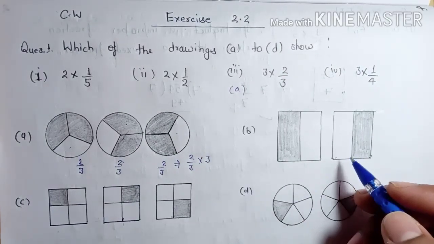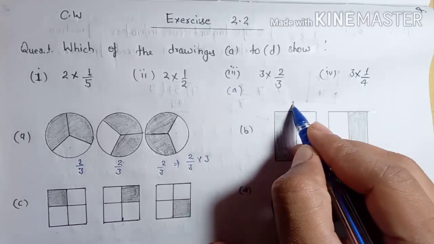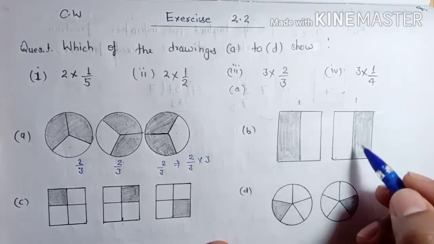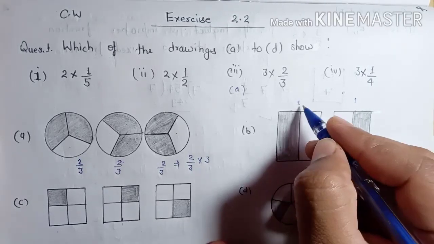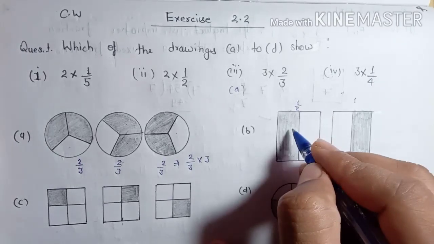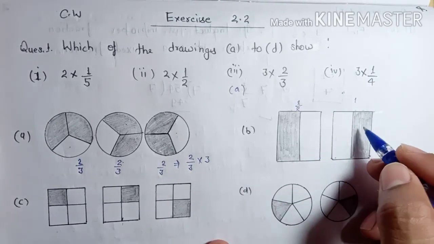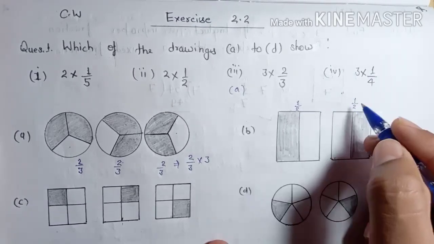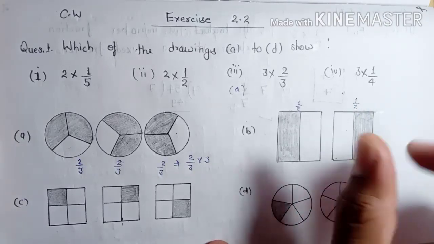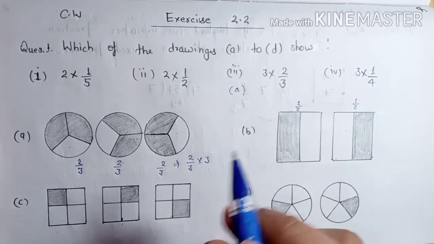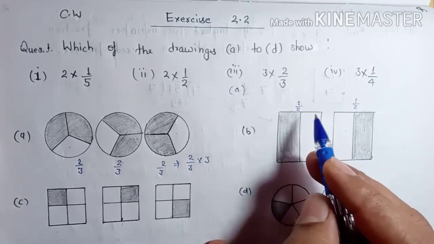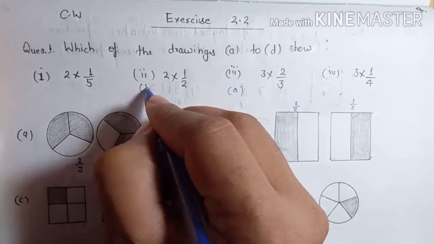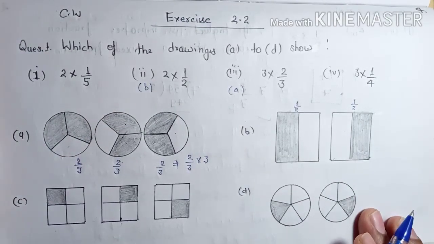Now check the second option. This is a rectangle. Again a rectangle we have, and half of the rectangle is shaded. You can see in both the conditions, this is 1 upon 2. This half is 1 upon 2, and this half, there are two parts of the rectangle, so this is 1 upon 2, and 1 upon 2 is taken together 2 times. So you can write here, this is 1 upon 2 into 2, and check your option where it is. Yes, so B is for the second part of the question.